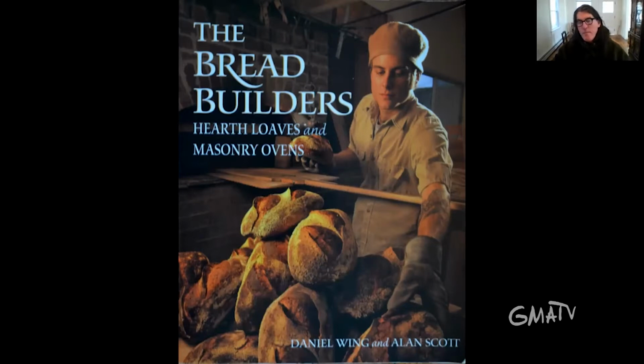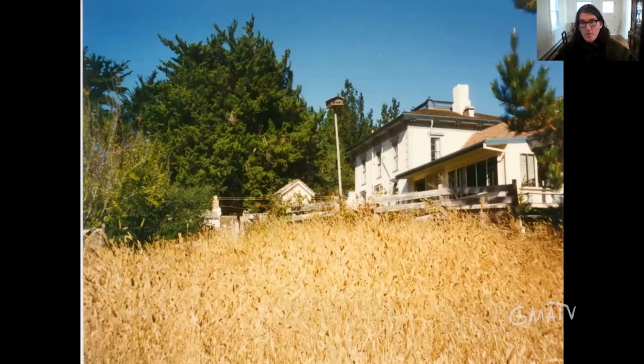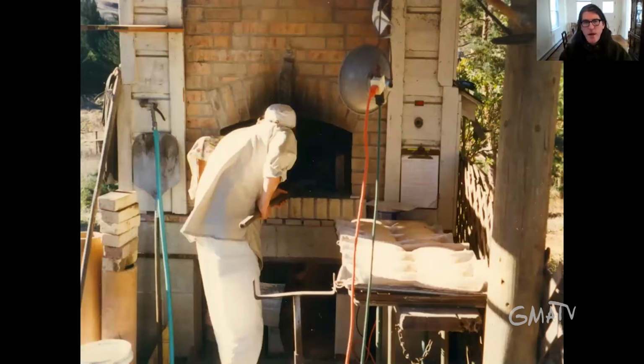So I met Alan Scott actually before he published that. I learned to bake out in San Francisco. I went to visit him. This is his place in Petaluma, and it was the first time I saw a wood-fired oven. And this is Chad Robertson from Tartine, and I just really got intrigued by this style of baking, and also the ability to make it in your own backyard or in a community. I think Jen said some other people might have their own private wood-fired ovens, which we'll talk about a little bit,